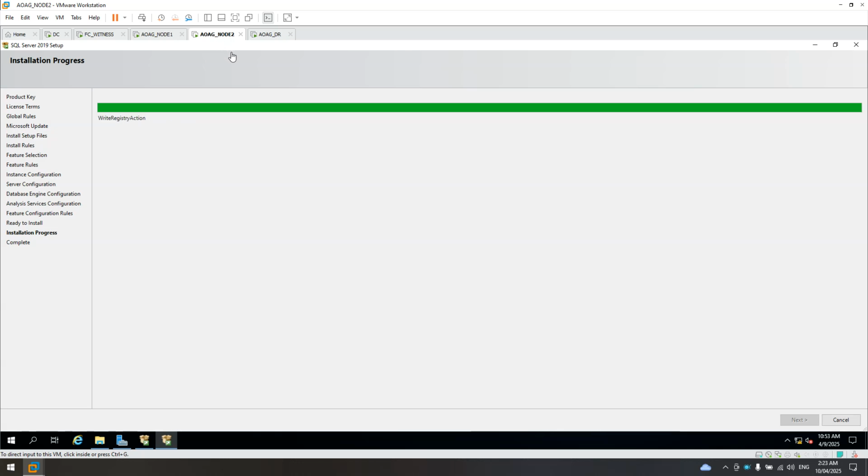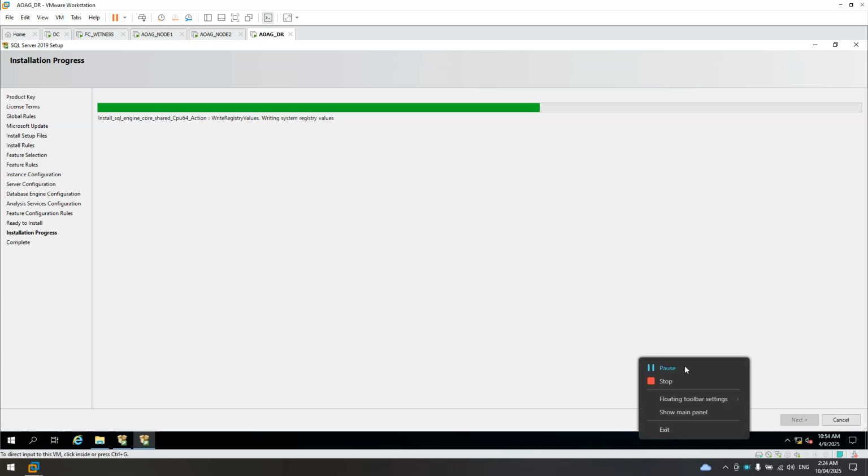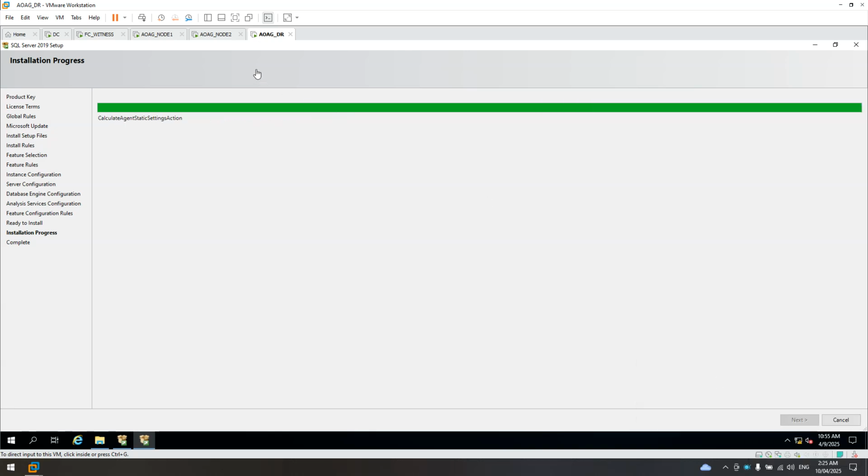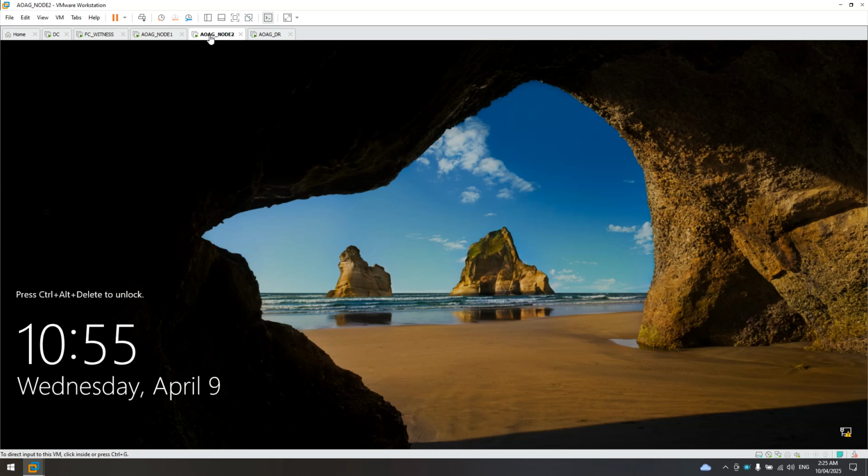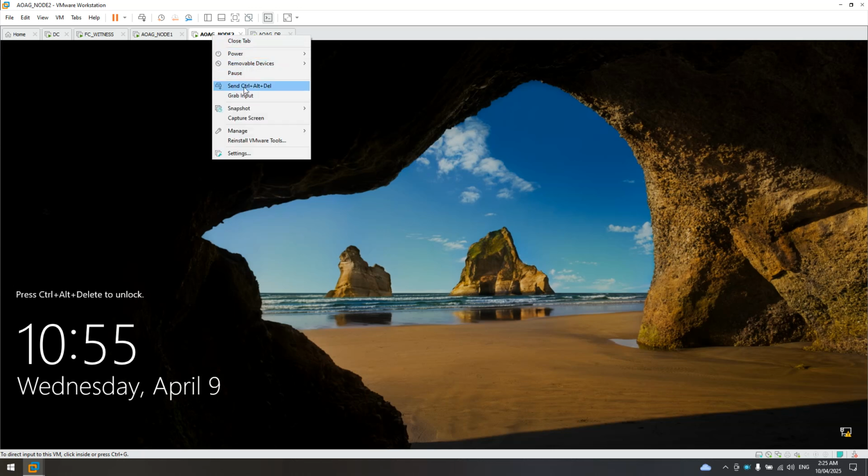Almost done. I'll pause this and resume when it's all done. Okay, DR is almost done. Node 2 just finished installing. So let's log on.